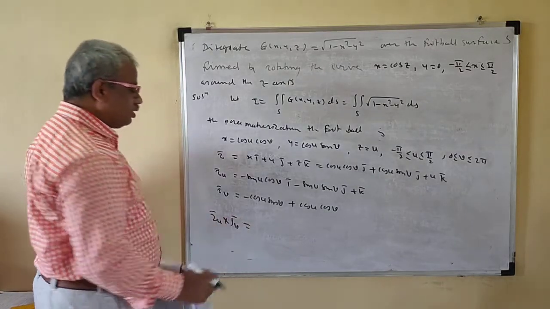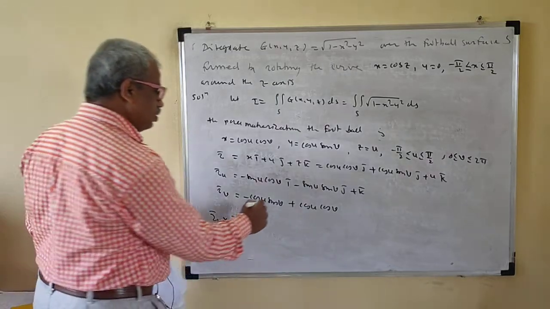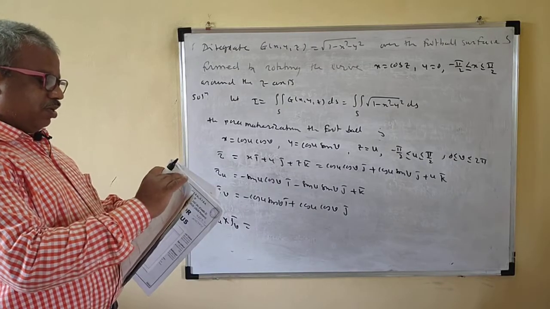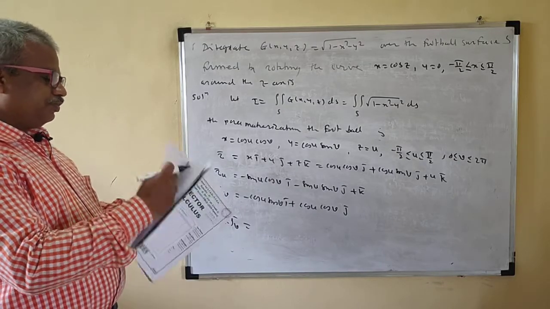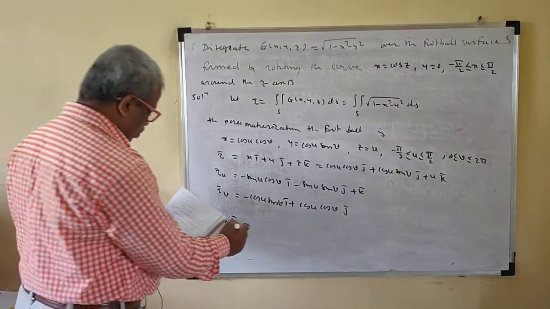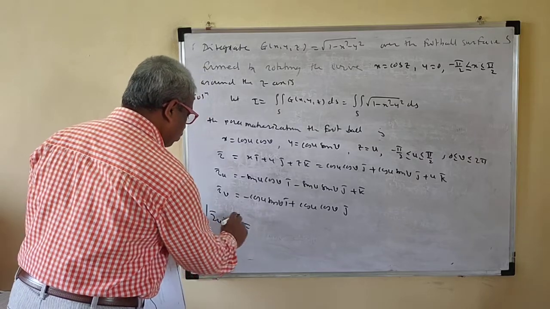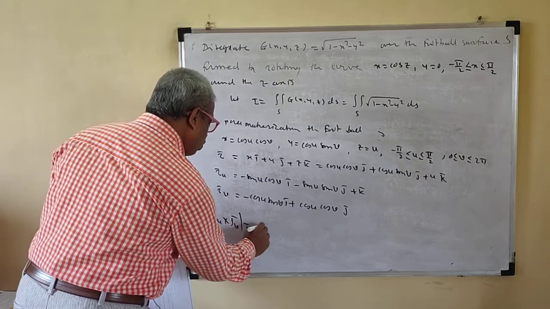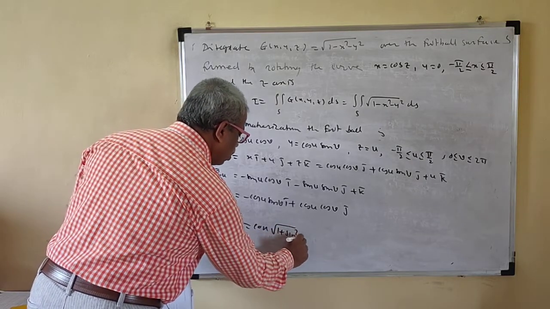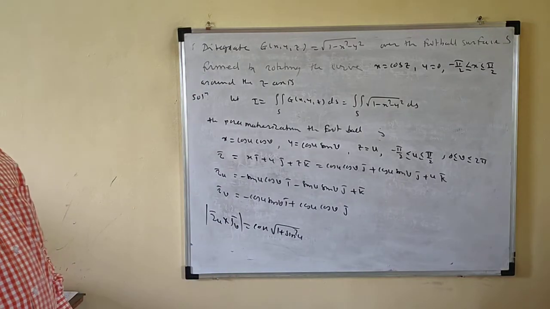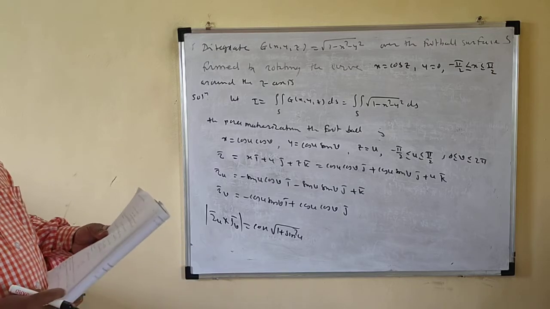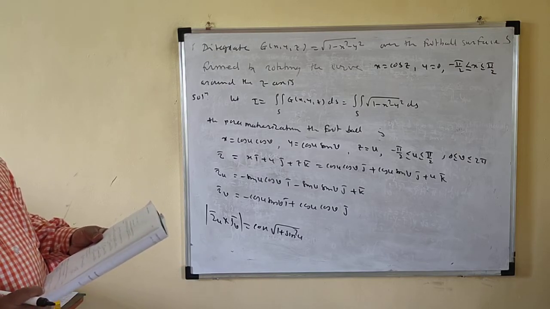Okay, I directly write the cross product. Just you have seen this. This is i bar, this is j bar. I will directly write the value of this one, because you know how to find the cross product. So directly the value of this one is cos u. Just you prove it. This is the exercise for this. Prove that this is equal to cos u into root of 1 plus sin square u. So this is 1 plus sin square u, not 1 minus sin square u. If it is 1 minus sin square u, it will be cos square u and it will be cos u. Okay, so this is cos u into root of this.